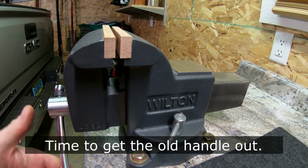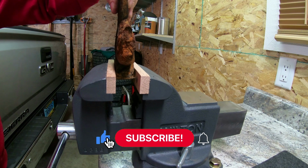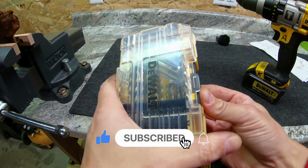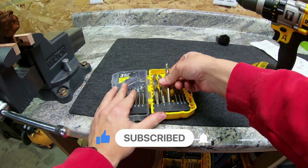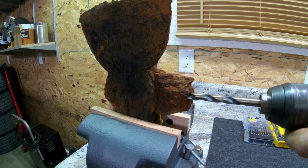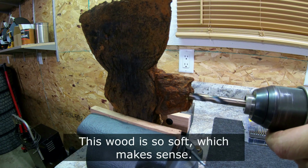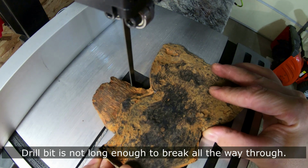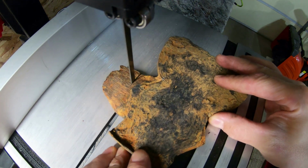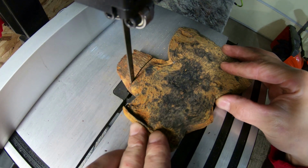Now we have to get out the old handle. I would recommend using a vise that you can put wood teeth on so you don't scratch the parts that you're working on. So I'm going to use my drill and a bit to get a hole started for getting the handle out. After getting all the way in, I realized my bit's not long enough, so I take it over to my bandsaw to cut the handle down so I can get all the way